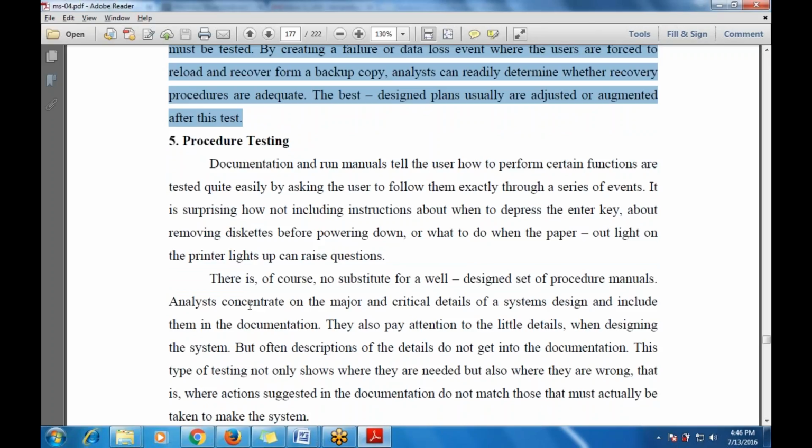Next one is procedure testing. That means testing whether the procedure that will be followed for the testing is correct or not. That is procedure testing. That is also used with the documentation and the run manuals that tell a user